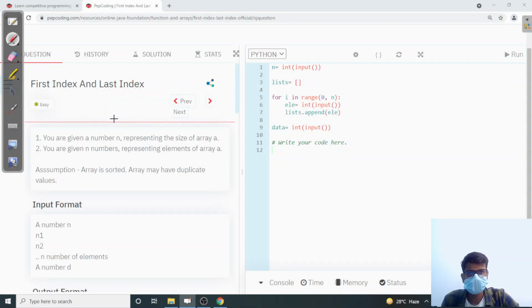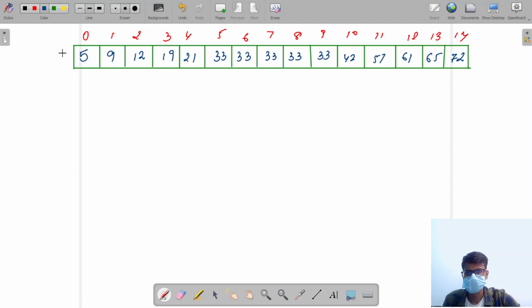In this video, we are going to discuss a question named first index and last index. So let's understand the question. For that, we have to go to the whiteboard. Let's go here. So the question statement is, we will be given a sorted array and will be given a